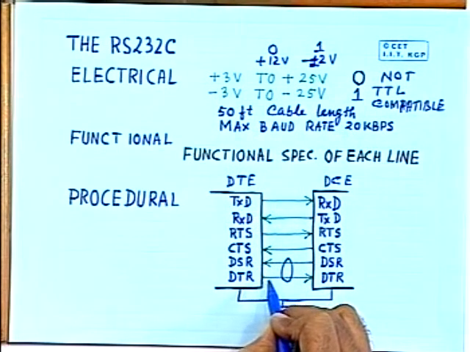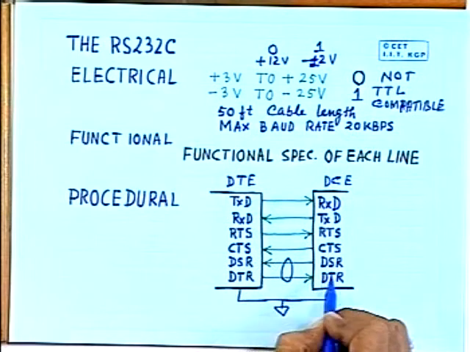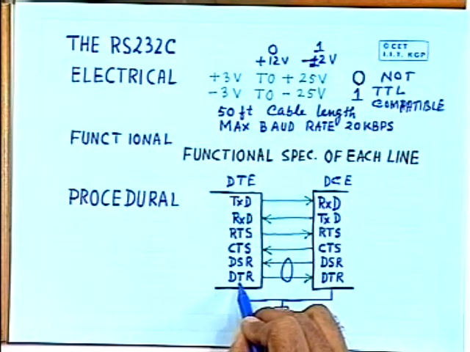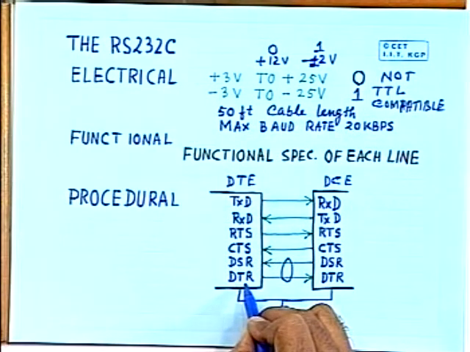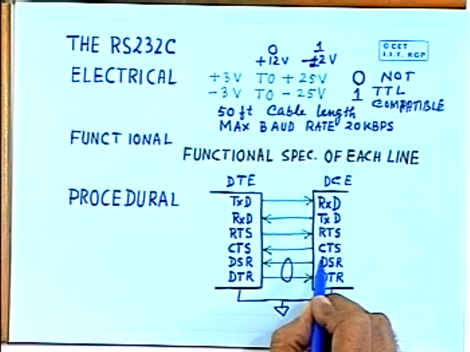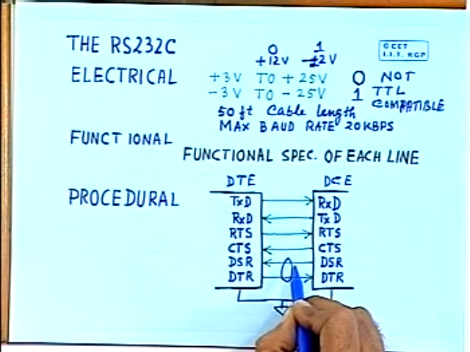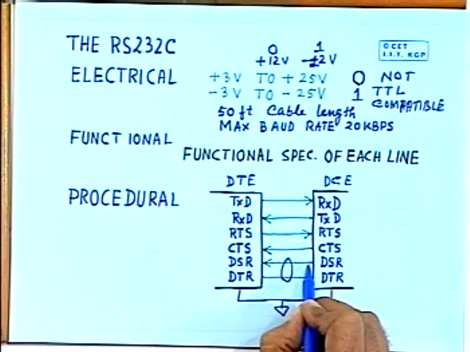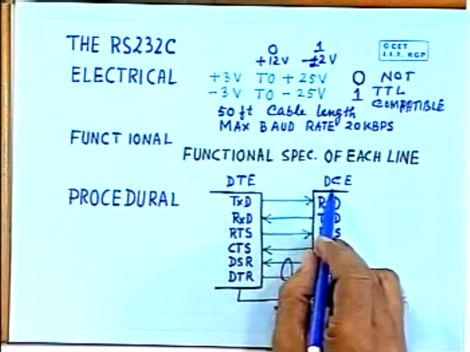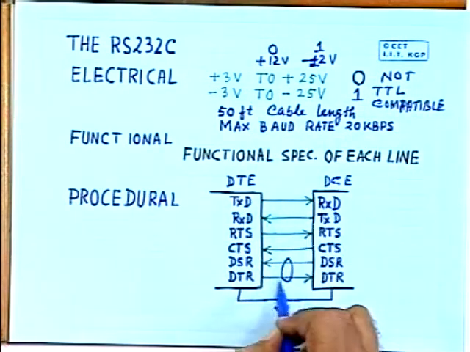So before anything is done, the modem checks whether the computer is on or not, and the computer also checks whether the modem is on, which is conveyed by the DSR. So these two pairs of lines are used for checking whether the DT and DC are operational